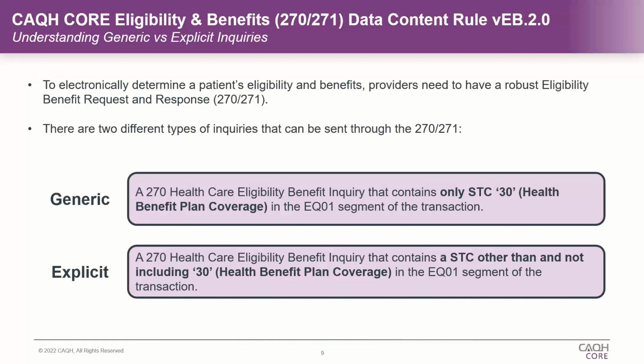It's an answer to the generic inquiry, or the 30 on the inquiry, but that response essentially will give an indication of plan coverage for that member, whether or not they have coverage, by way of the EB01 and then the EB03 having the value 30 in there, which is the service type code for health benefit plan coverage. And then we'll give additional information about that particular plan, whether or not it's a PPO, an HMO, if it has a particular name or program identifier that would go in EB05. So that's the generic.